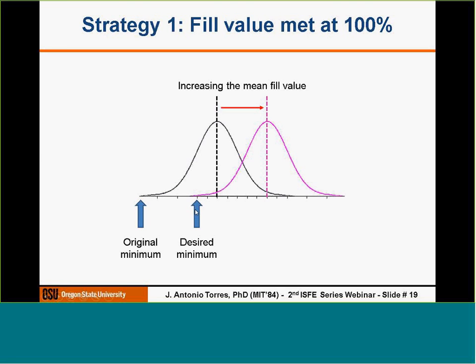All we do is shift the distribution to the right. In this case, we increase the mean fill value. We adjust the filling station to a higher fill setting. So the minimum